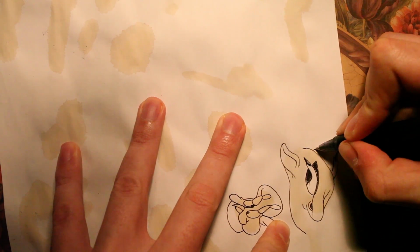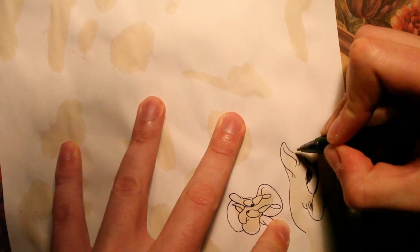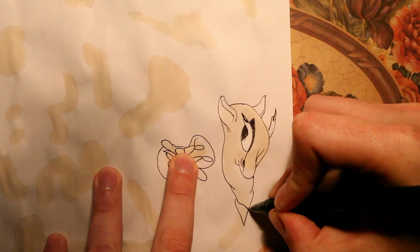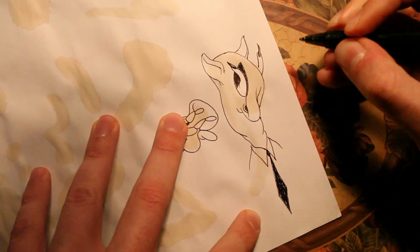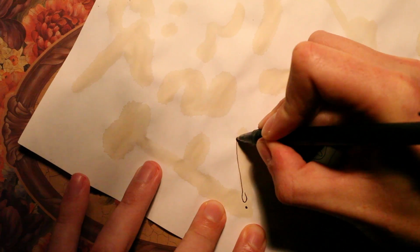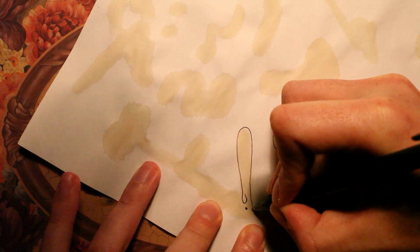I'm not really sure what it is, but it looks slightly demented, and all demented things I think belong in a suit, so there's a shirt and tie for it, and that's just awful. So I'm gonna move right along to this giant nose. I'm not really sure